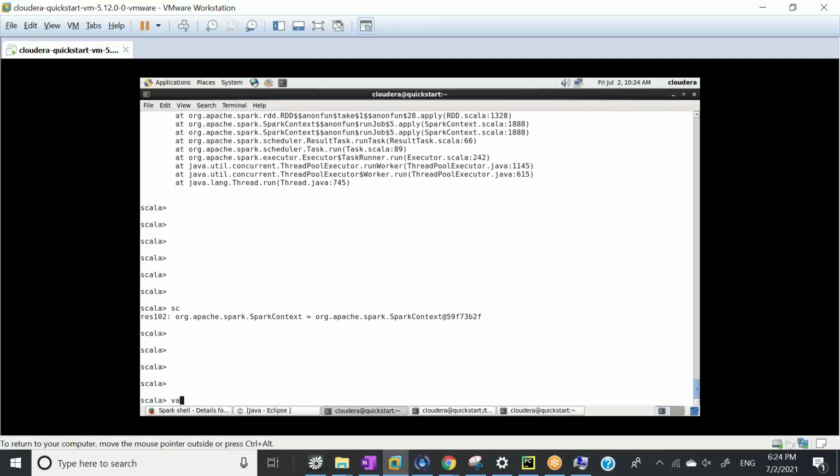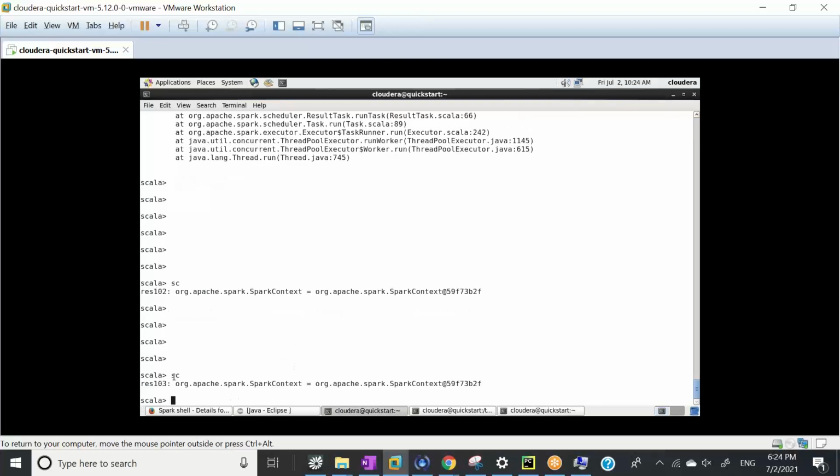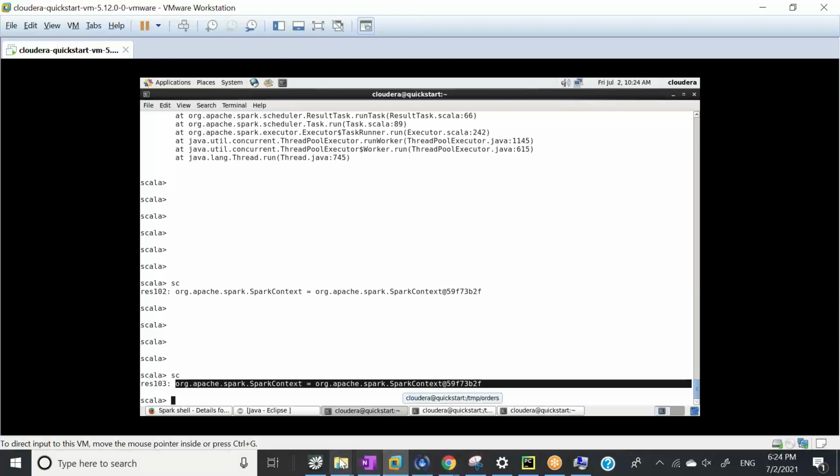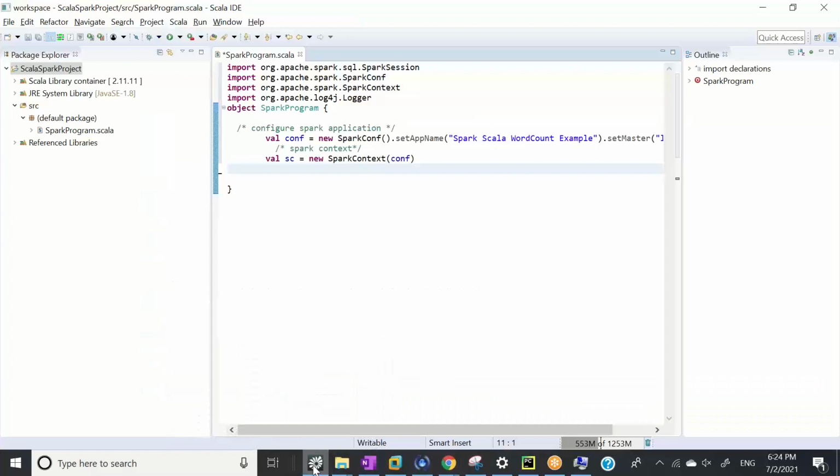Spark has created this SC Spark context for us by default. But when we want to use the Spark which is installed onto our local, we need to create this Spark context so that our Eclipse IDE can talk to the Spark which is installed onto my local. So first of all, I need to tell the configuration object two things. The first is my app name. The app name can be anything. So let's say I can change it to test app,